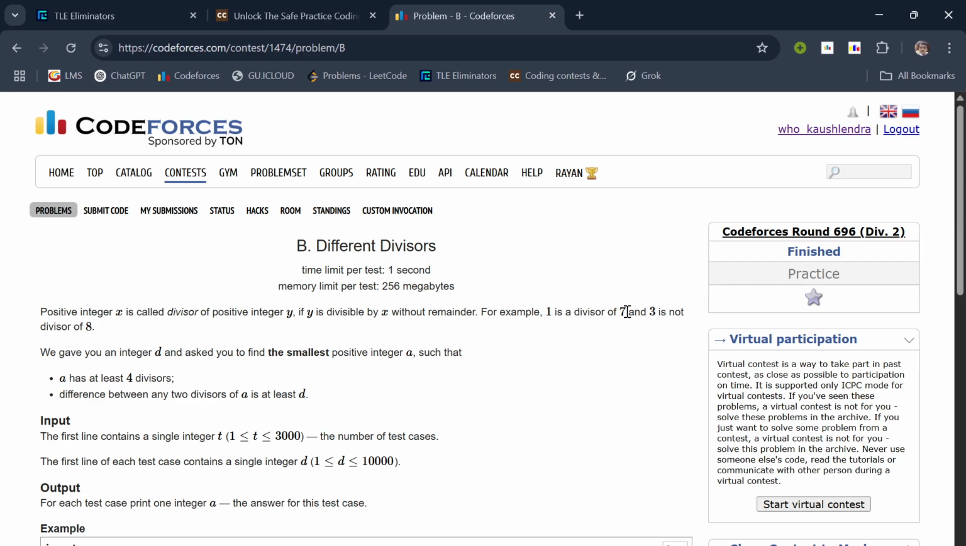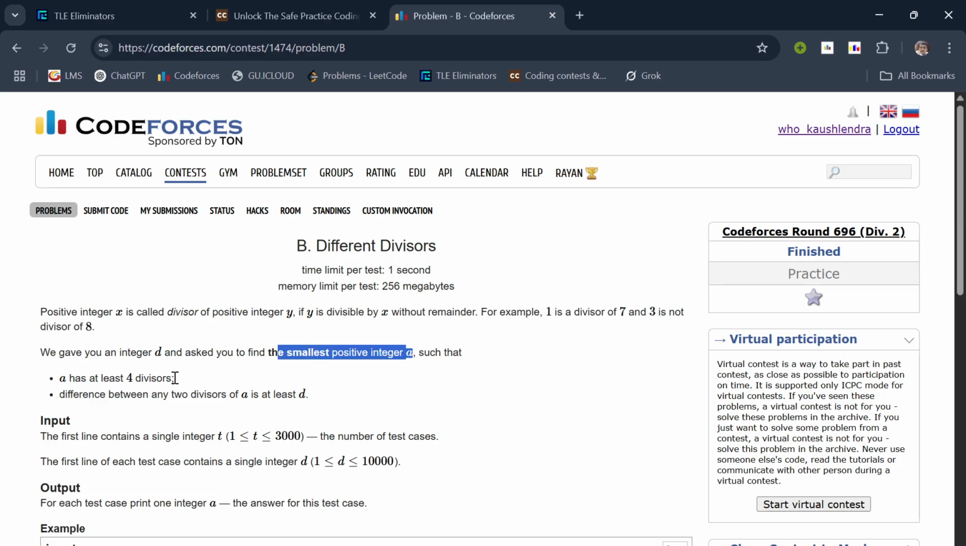Any number that divides the number 7 becomes a divisor. Suppose 1 divides the number 7, so 1 is a divisor and 7 is also itself a divisor. Any number has at least one divisor, that is itself. Okay. We give you an integer d and ask you to find the smallest positive integer a such that a